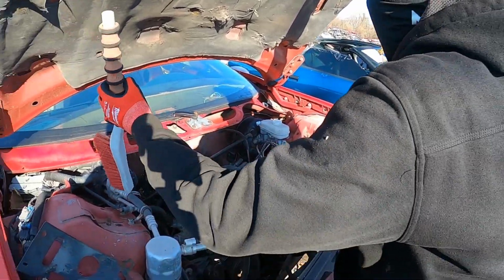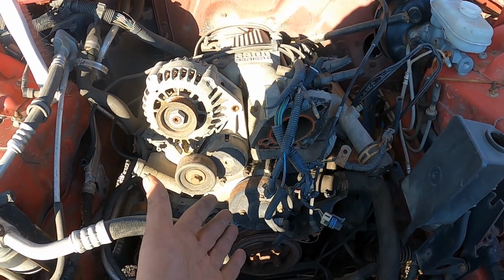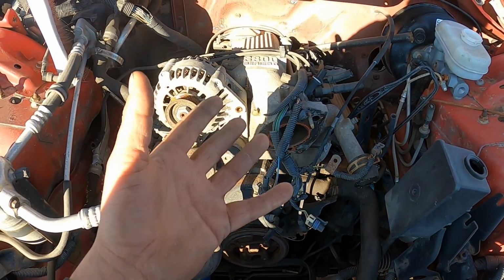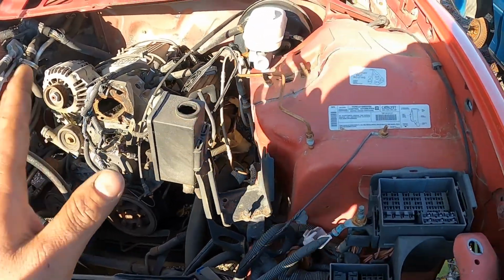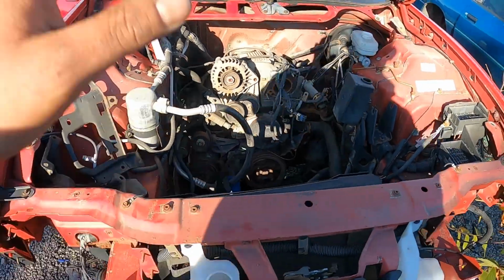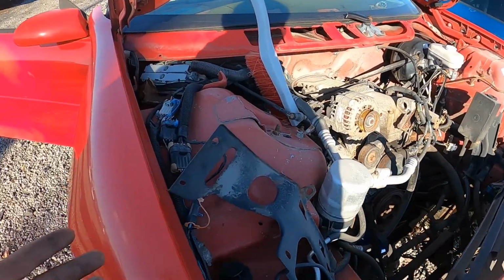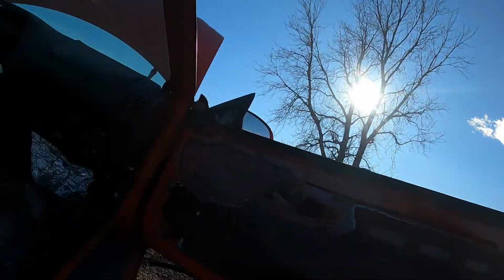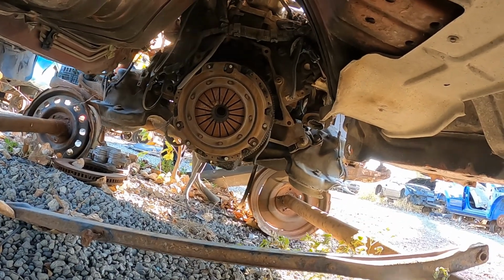It's super windy out. All right, so the internet says this should work. I take a 3800, which uses the same or very similar flywheel bolt pattern, and I should be able to bolt this up to my LS engine with my T5. All's well that ends well, and it'll spin and do starty things. So that's what we're gonna do. We are going to get underneath of here and pull that clutch and flywheel assembly off